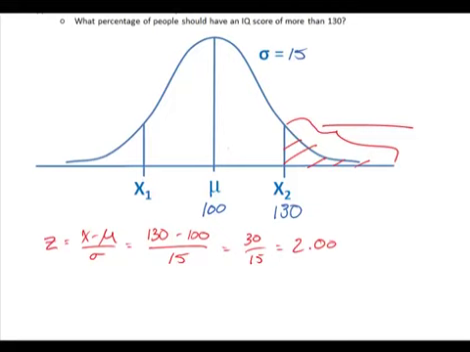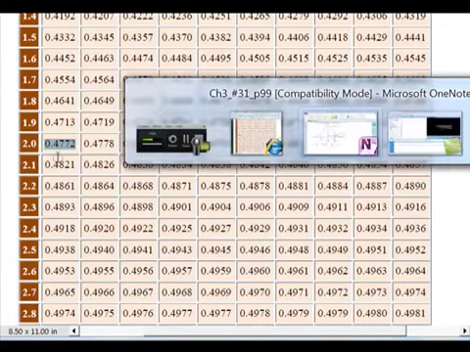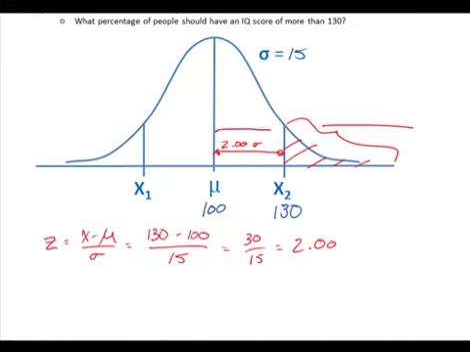The distance between mu and x is equal to 2.00 standard deviations. When we look at the z table, again we find that 2.00 corresponds with the area of 0.4772. The distance between x and mu is equal to 0.4772. Now, in dealing with outside areas, we know that 50% of the graph is right here,